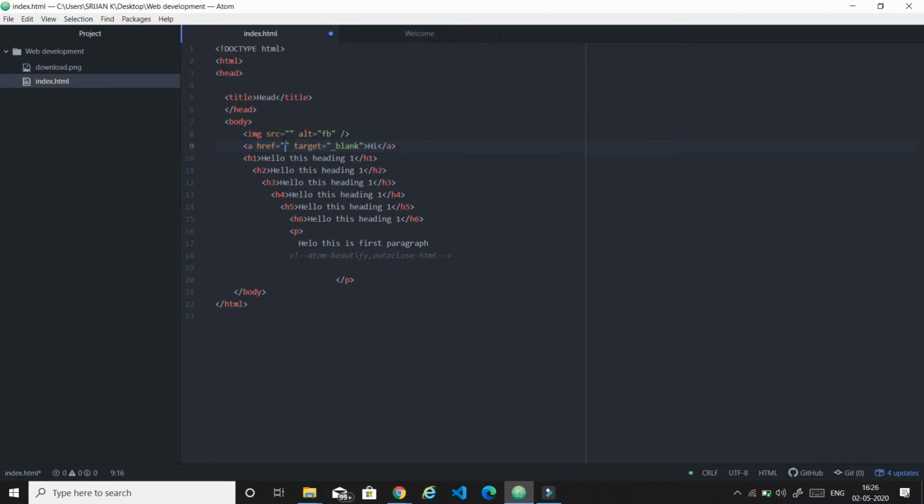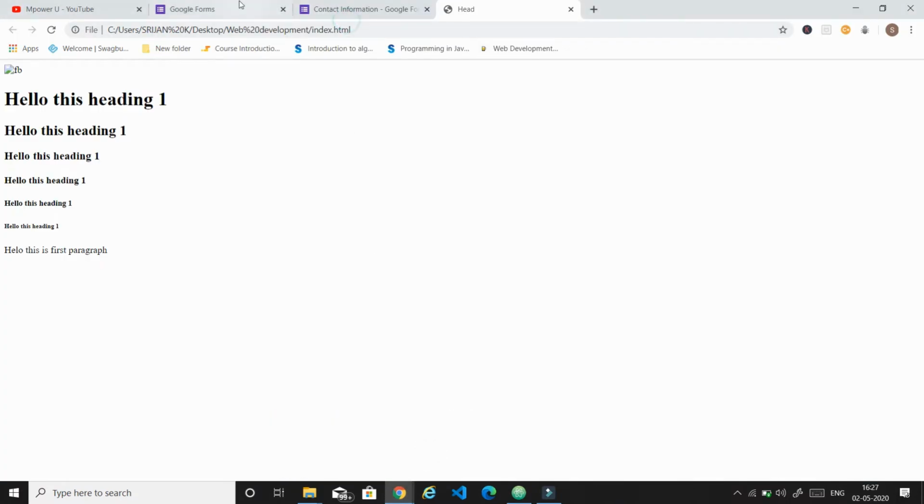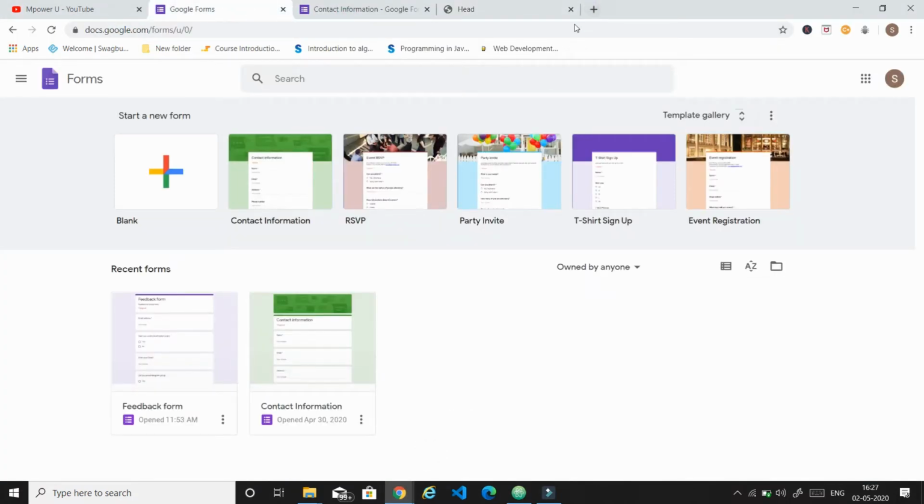Href is for giving the address of the website to which you want to navigate. And why we are giving target, I will explain that. Let me give a random website, let me give Google only.